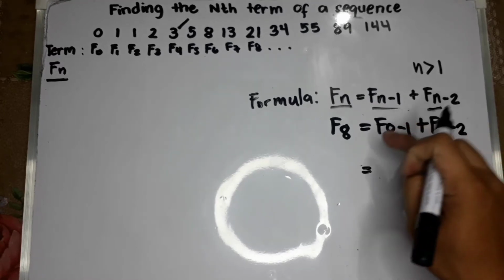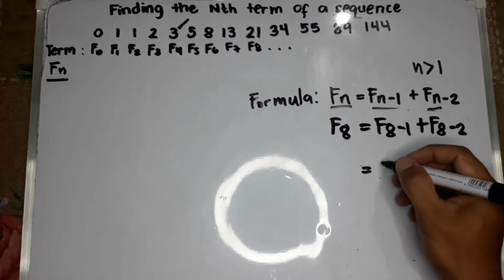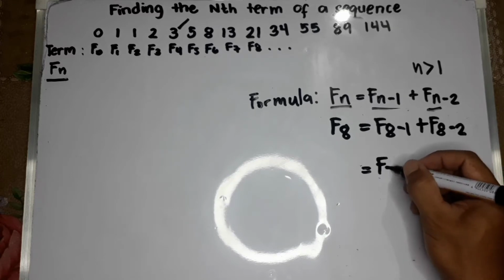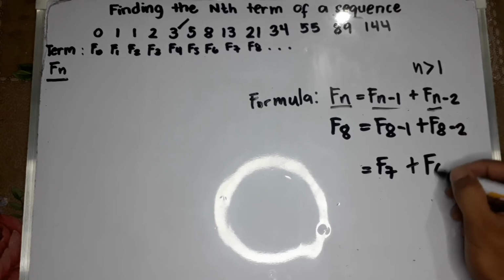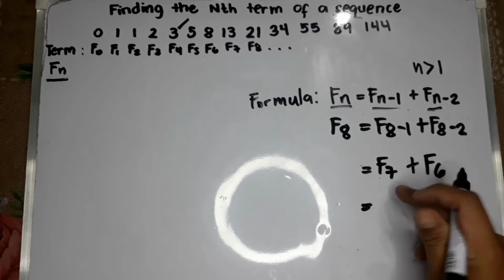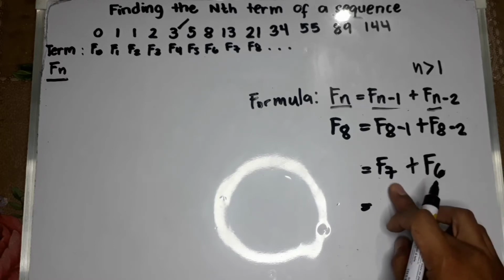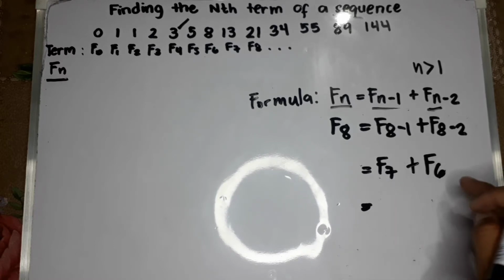So f sub 8 minus 1 equals f sub 7, and f sub 8 minus 2 is equal to f sub 6. And then we are going to substitute the values for f sub 7 and f sub 6 and find the sum